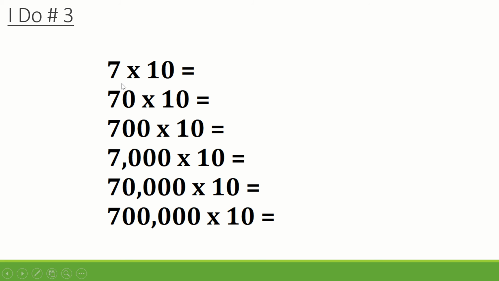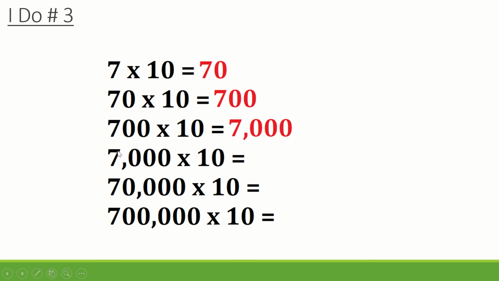So here we have 7, 70, 700, 7,000, 70,000, 700,000. And so if I were to multiply 7 times 10, or say basically 7 groups of 10, that would give me 70. If I were to say 70 times 10, or 70 groups of 10, that would give me a total of 700. If I were to say 700 times 10, or 700 groups of 10, that would give me